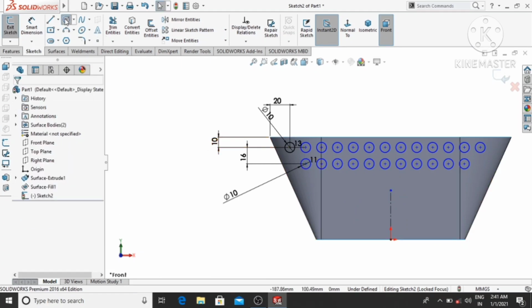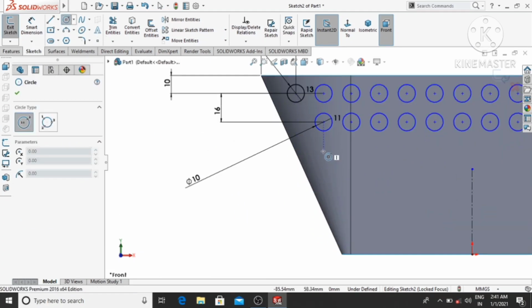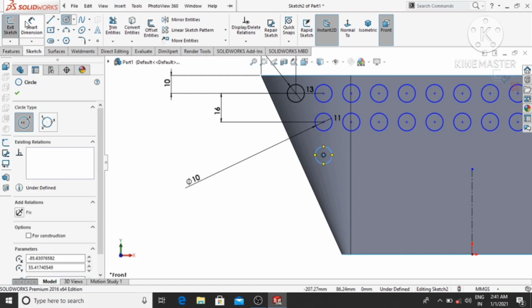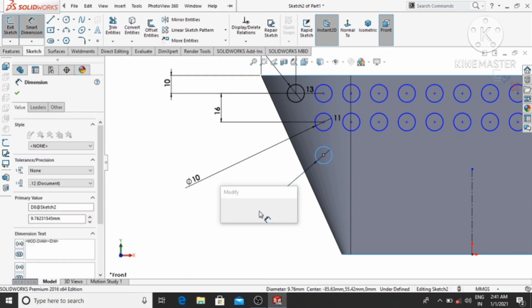Again select this circle and here we make one more circle. Go to Smart Dimension and make it also 10 diameter.